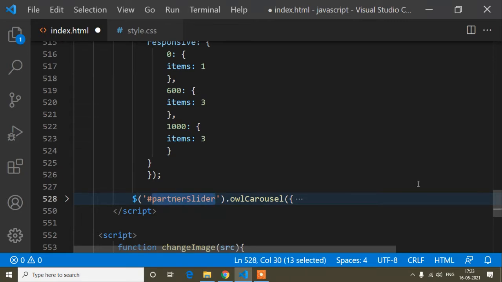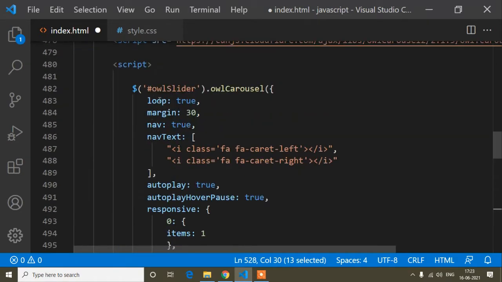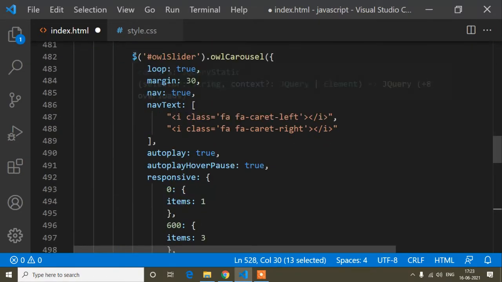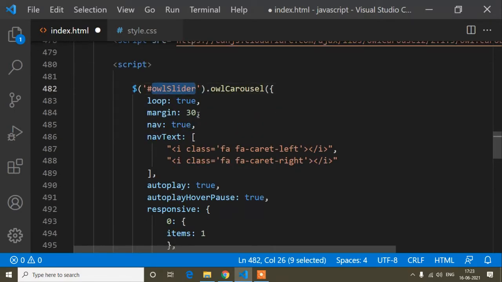You can see it's the same way. First of all, I will provide this code in my description also, and here I will change the ID. The ID name here I will write testimonial slider, but you can write any ID name as per your choice. Whatever you write here, you have to pass to your HTML code.